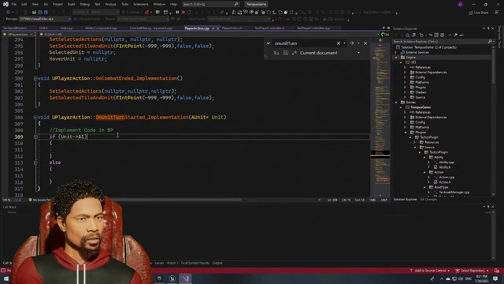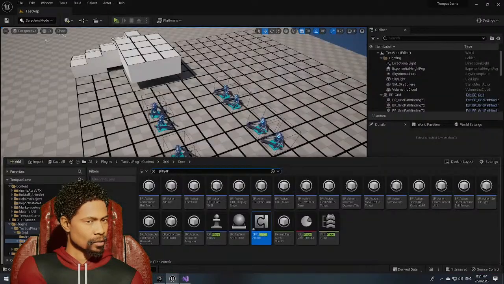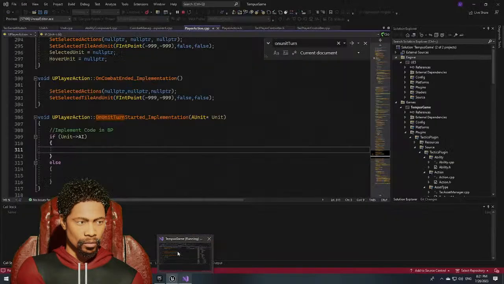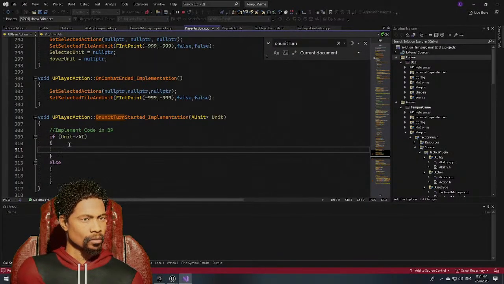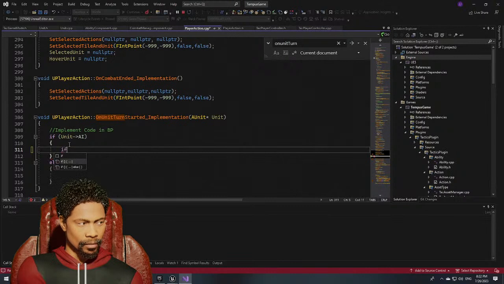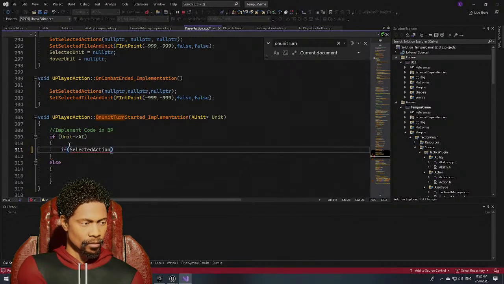On unit turn, UAI. If it's valid, if left click,